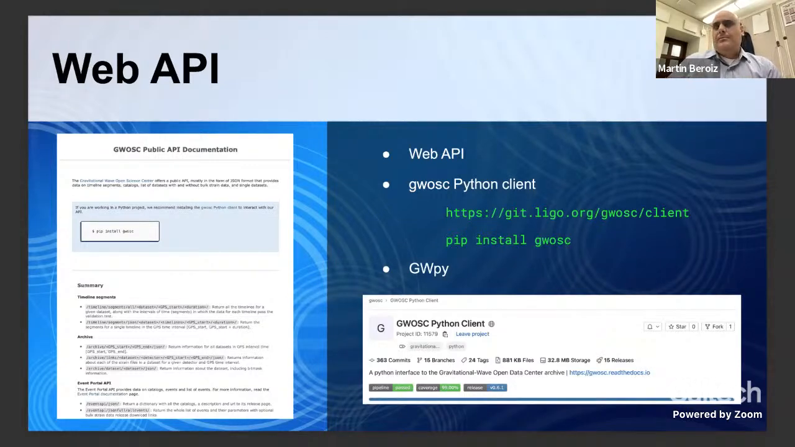There is, though, a Python client that you may want to use instead of writing your own client. If you're working in Python, you should definitely check the WASC Python client. You can, of course, also interact with it using curl, for example, or JavaScript. But if you're using Python, you can just pip install WASC. That's the name of the client. Or you can read the documentation for the WASC client at